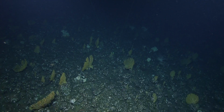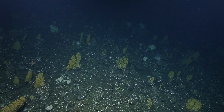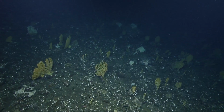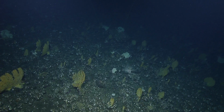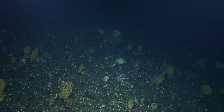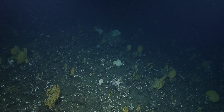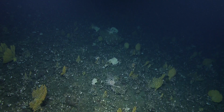I can't wait until we get another opportunity to go back to where we set down this morning at 600 some odd feet. We landed right in a really diverse sponge garden with lots of large sponges of many different shapes, sizes, and colors. And I think even though we won't be going back to that location tomorrow, I'm hoping that we'll find something similar in a somewhat similar habitat just northwest of that. Yeah, I'm a big fan of not doing anything weird right at the...